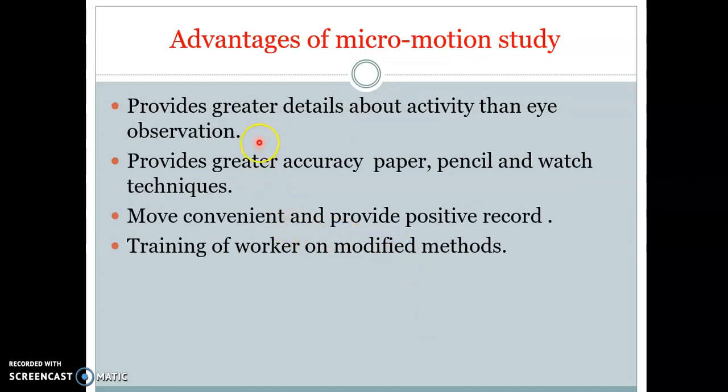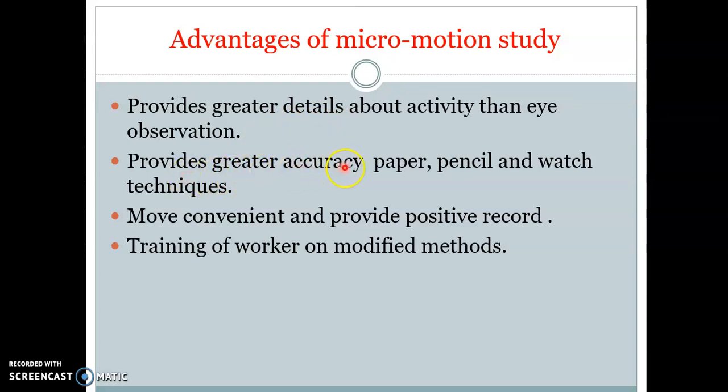So what are the advantages of micromotion study? It provides greater detail about the activity than eye observation. Eye observations have limitations, but if an activity is studied under micromotion, it gives each and every detail in microseconds about the activities.